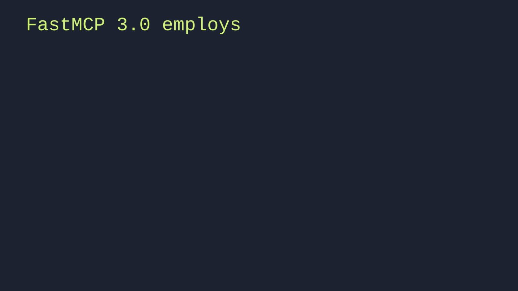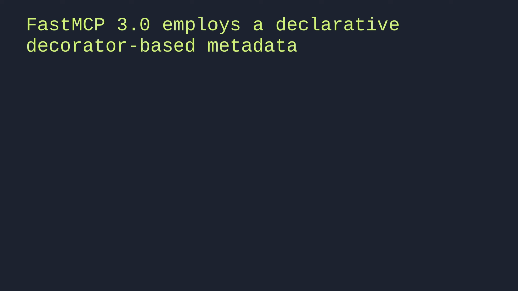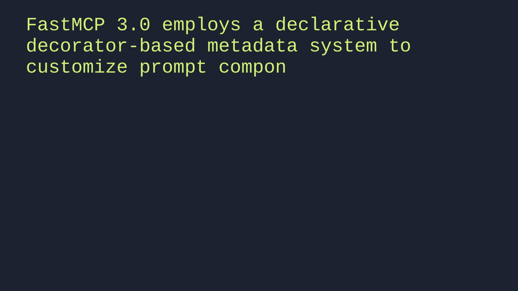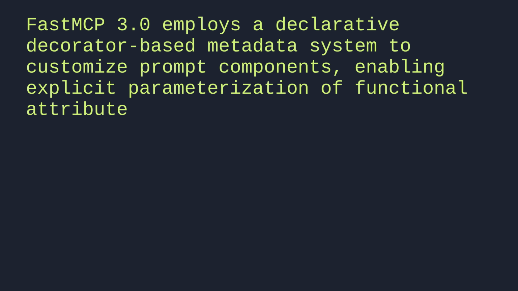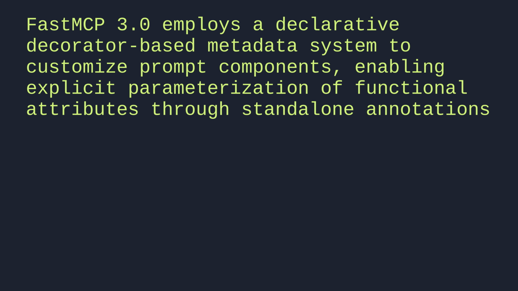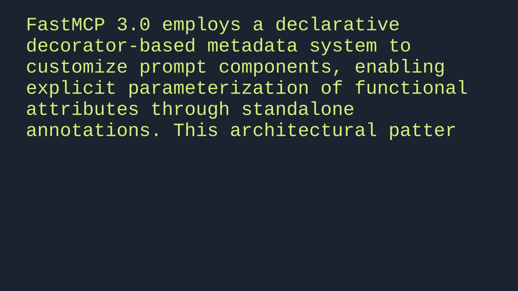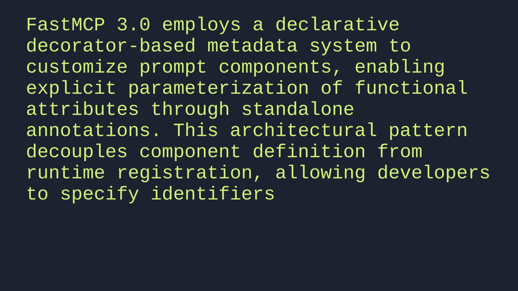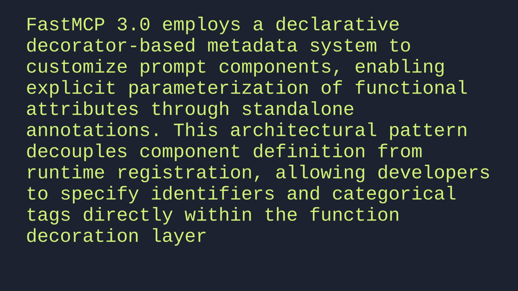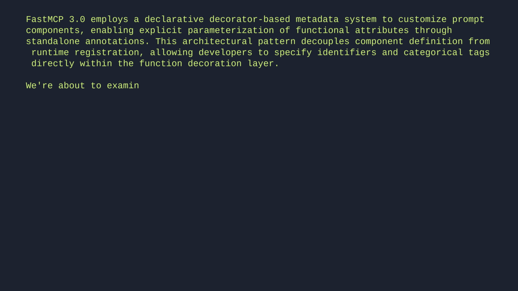FastMCP employs a declarative decorator-based metadata system to customize prompt components, enabling explicit parameterization of functional attributes through standalone annotations. This architectural pattern decouples component definition from runtime registration, allowing developers to specify identifiers and categorical tags directly within the function decoration layer. We're about to examine how the @prompt decorator accepts a name parameter to override the default function